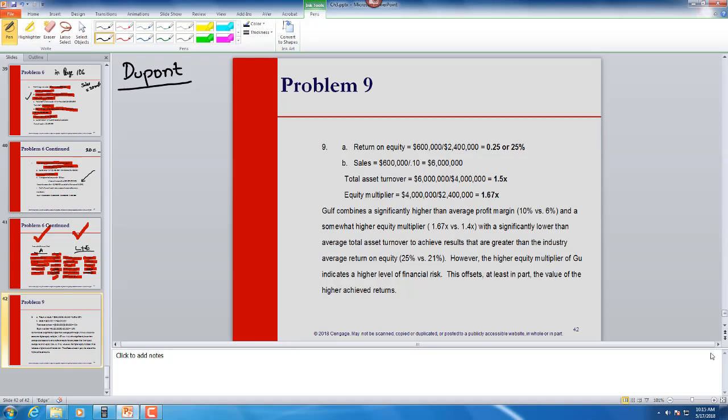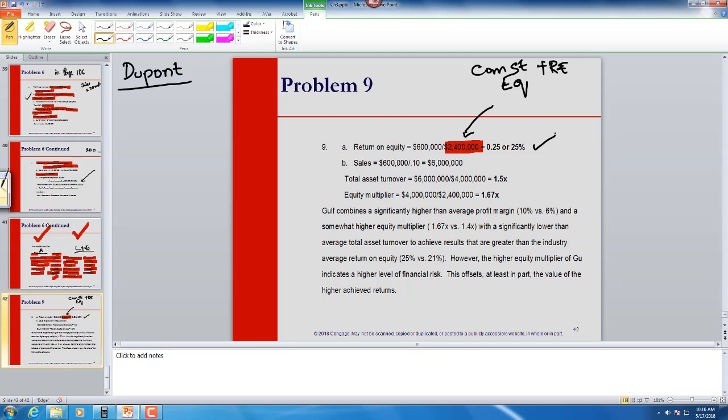Now, stockholders' equity is not just common stock, but it includes retained earnings. So, for return on equity, equity is common stock plus retained earnings. So you've got 500,000 plus 1.9 million. That's where you got this. So 600,000 by 2.4 million is 25%, which is a very high return on equity, by the way, for most